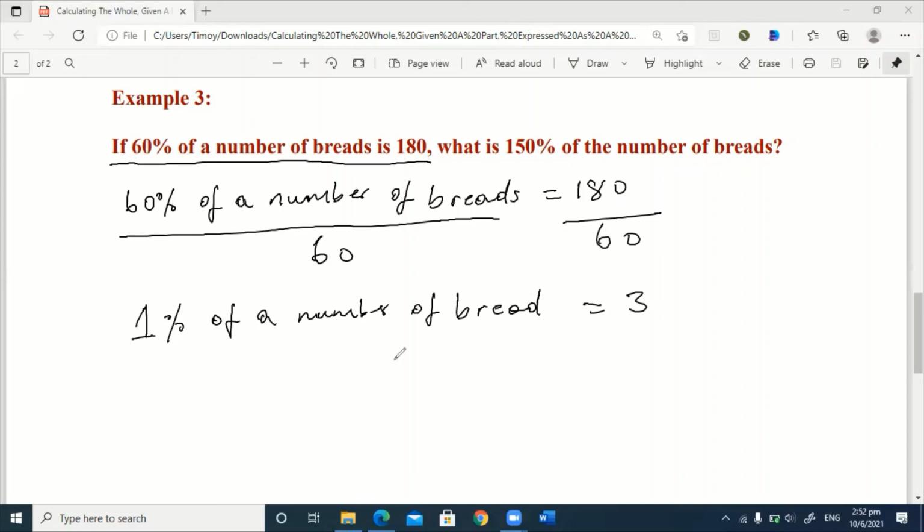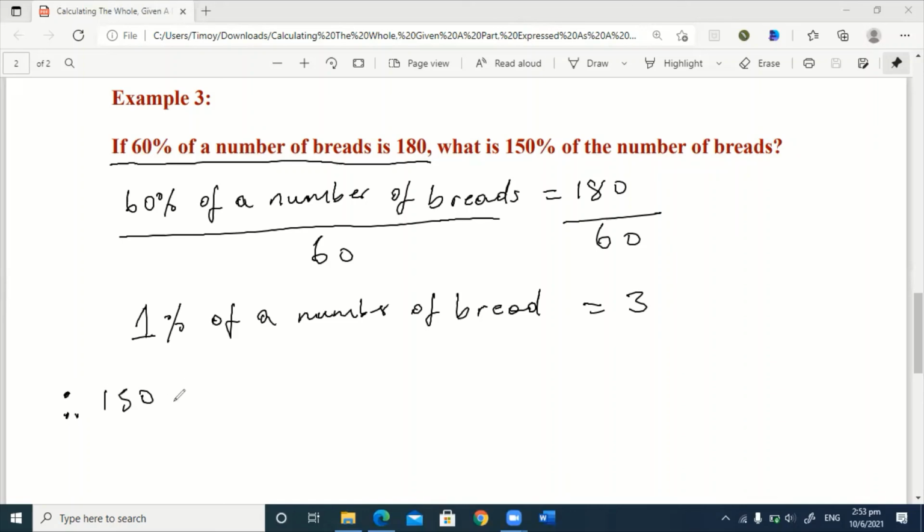So what does this mean? It is saying that for every 1% that we have, the thing is going to equal $3, right? If we think of money. So what is 150% then? What's 150%? It's just going to be, therefore,